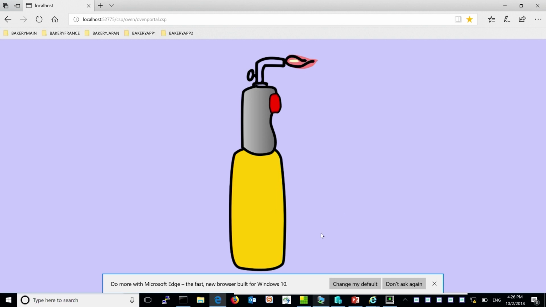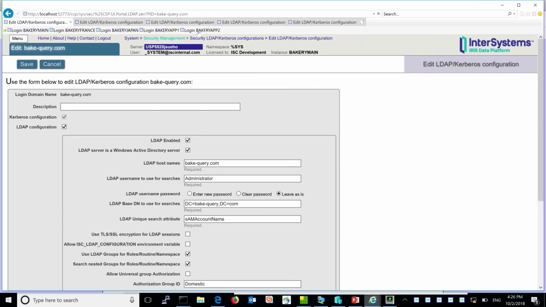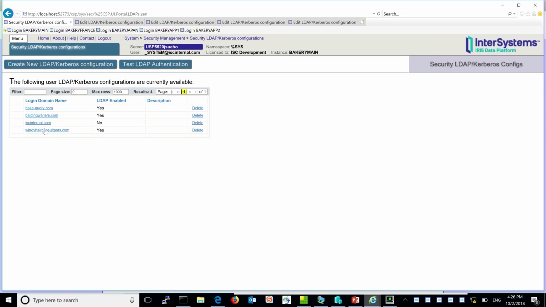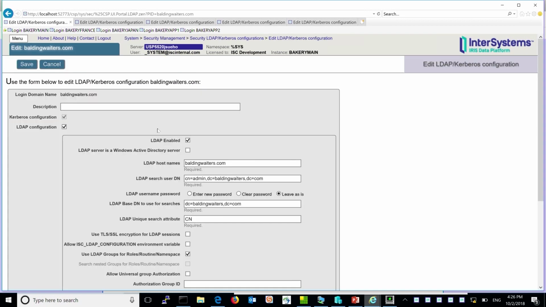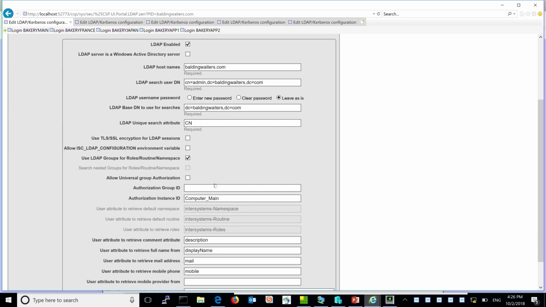Okay, so pretty neat, huh? But, like I said, we are not just limited to one domain. So let's take a look at our other domains. So Balding Waiters, set up totally differently. It's not even to an Active Directory server. And like I said,